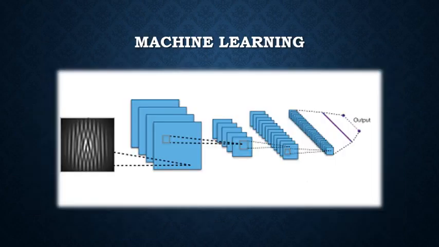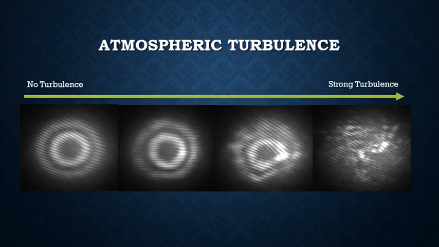For machine learning, we used convolutional neural networks with different sizes and compared the accuracies between intensity and interference inputs. For practical applications, we also considered both resolution and noise performance. Noise is caused by laser beams being affected by the turbulence in the air. This is also why the stars twinkle at night. Here we see how the laser beams change with turbulence, which we simulate to test the effectiveness of neural